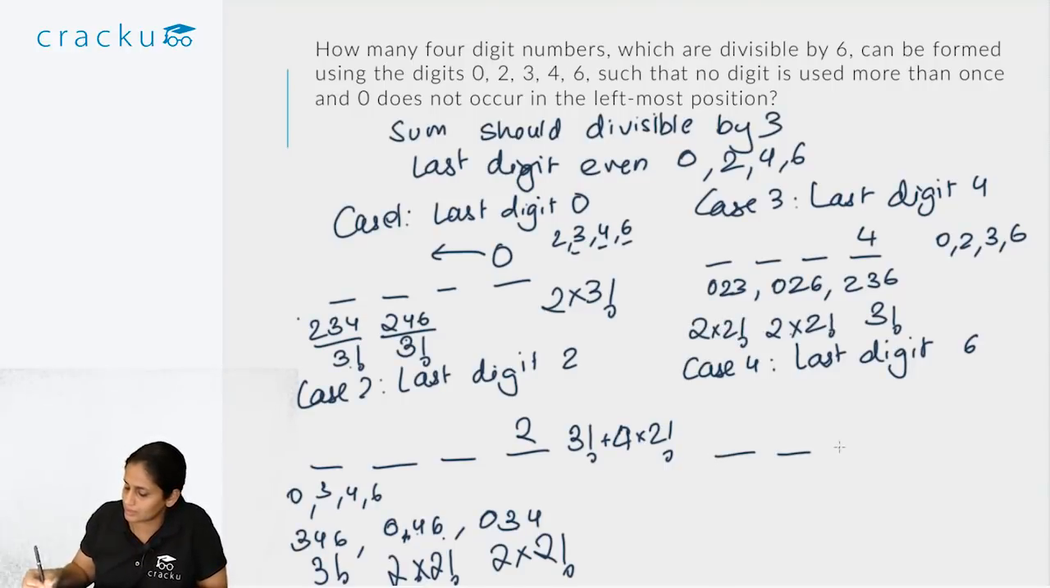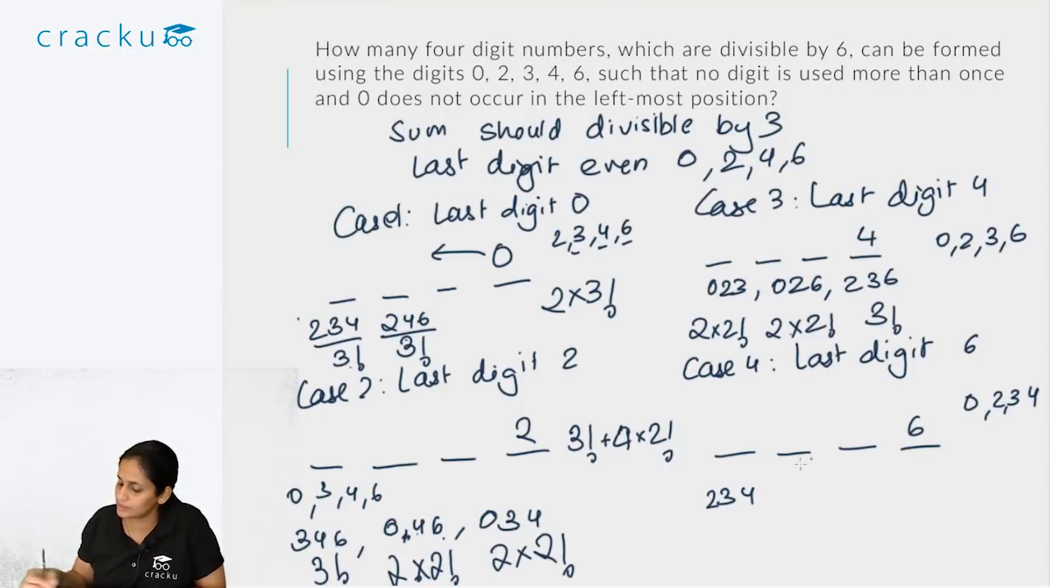Suppose the last digit is 6. So we get the remaining digits as 0, 2, 3 and 4. In this case, let's consider one by one. If we drop 0, the remaining digits are 2, 3, 4 and that satisfies the given condition. If we drop 2, it is 0, 3, 4, 6. The sum would be 13, that is not divisible by 3, so that is not possible. Suppose we drop 3, it is 0, 2, 4, 6, so that is possible. Now suppose we drop 4, that is 0, 2, 3 plus 6, the sum is 11, so even that